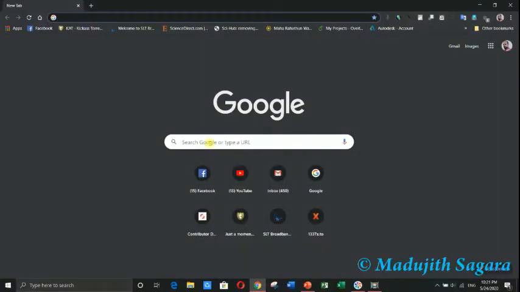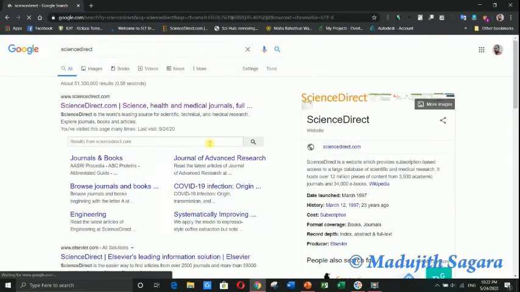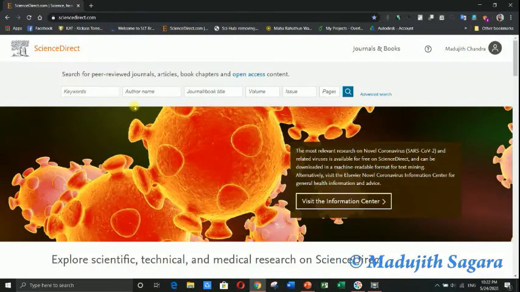For that, select your browser and go to Google and search as Science Direct. Then it will guide you to the Science Direct website. Then you will be able to see such an interface. Then you can type your keywords.